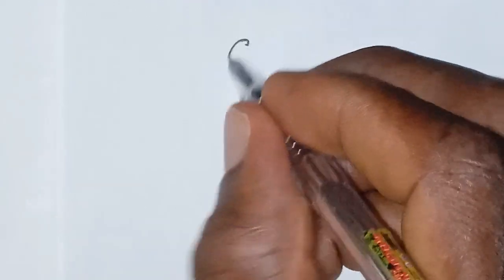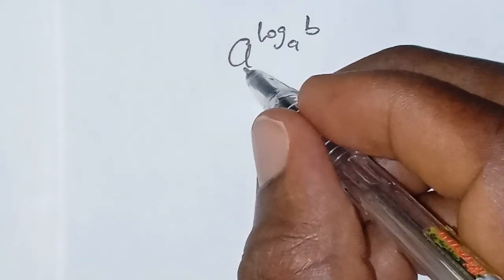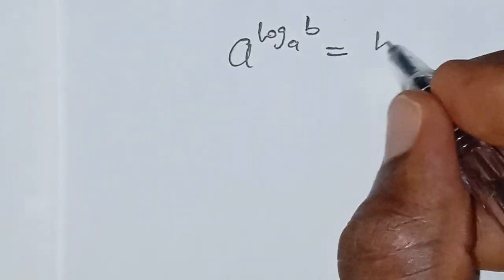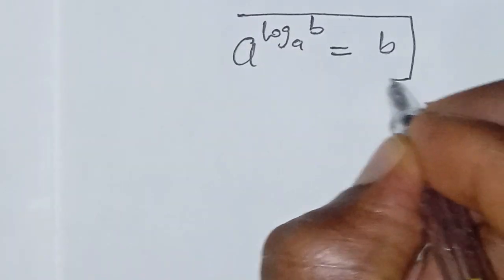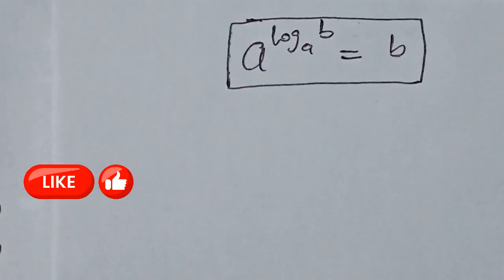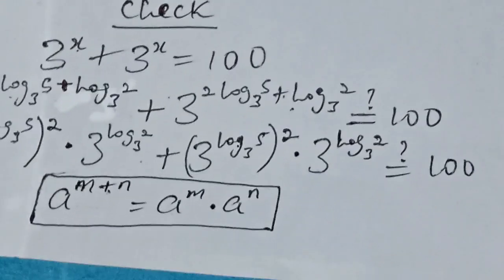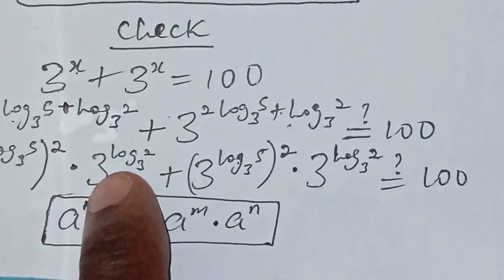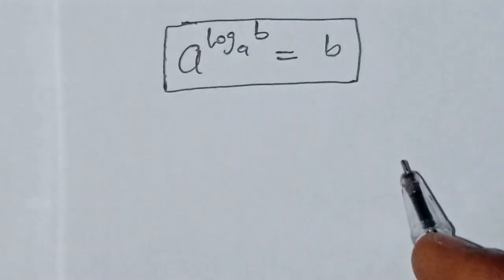Now from here we can simplify our next step with this identity, which implies base a raised to power log base a of b can be written as b. So we are using this step, all these times, this and this and this. We are writing it in form of this identity. And our next step becomes